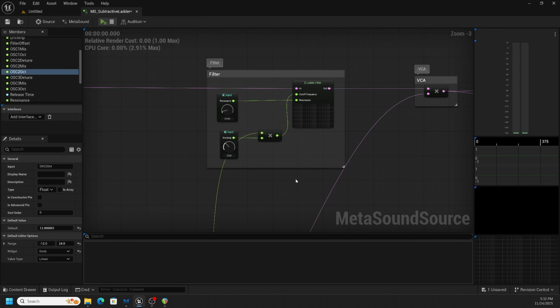We've got this ladder filter here. We can't even change this one from a high pass or low pass to a high pass. This is going to be a low pass filter. And almost certainly this is going to be a 4-pole filter, which means that's going to be 24 decibel per octave cutoff rate. So that's going to be a steep cutoff rate versus the other filter type that we'll look at in a moment, which will be softer at a 2-pole or 12 decibel per octave